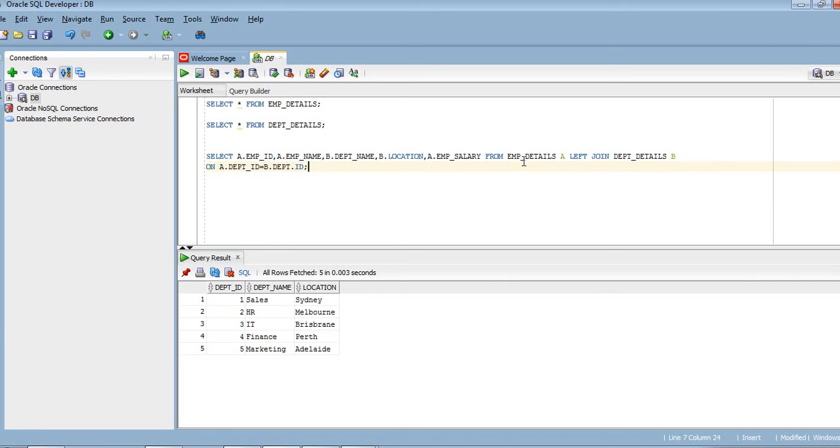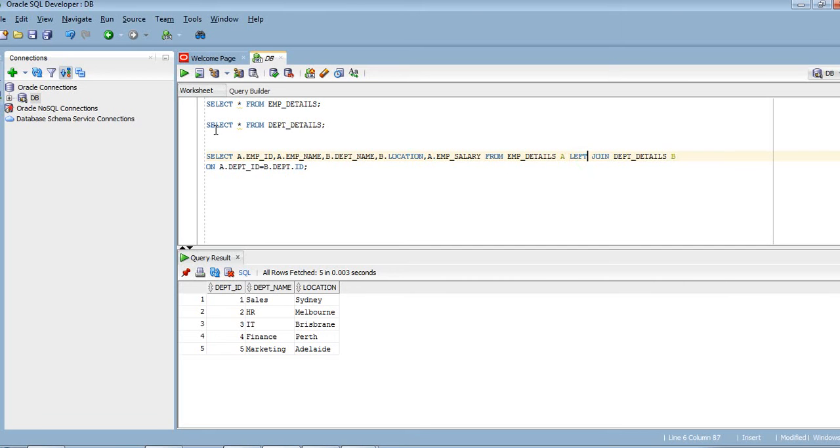So over here, what we did, we have joined the table emp details and dpt details, and this a and b are aliases, which means a represents the table emp details and b represents the table dpt details. We are joining these two tables based on left join, as I have written. In the query, left join and left outer join are the same, so we can use any of them. Left join and left outer join have a similar meaning, so over here we are using left join.